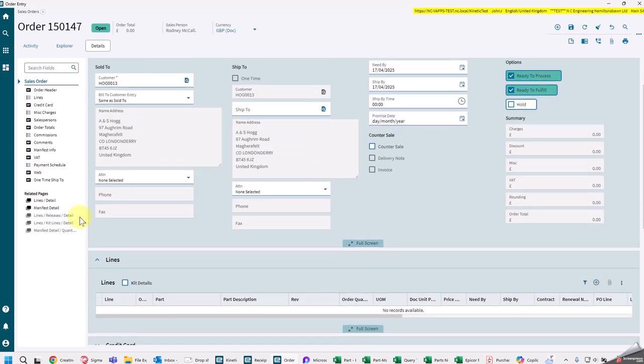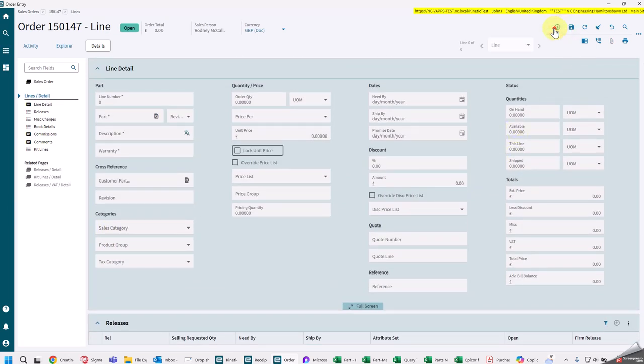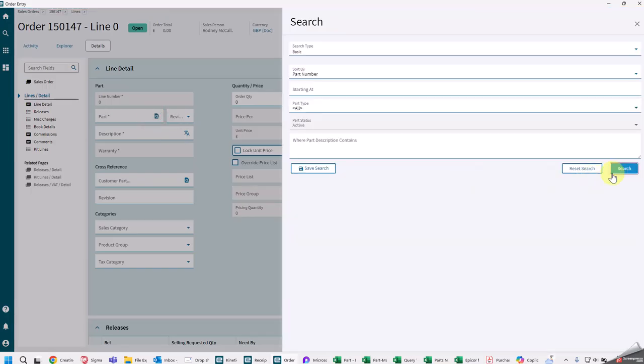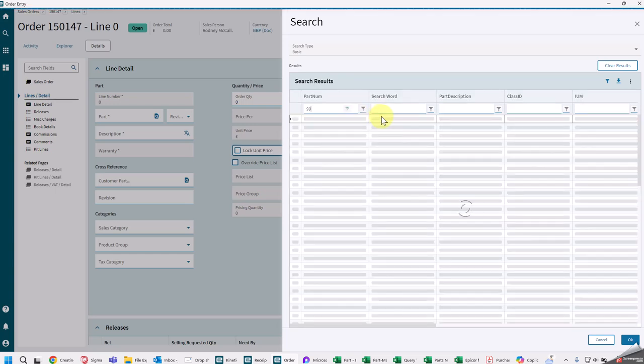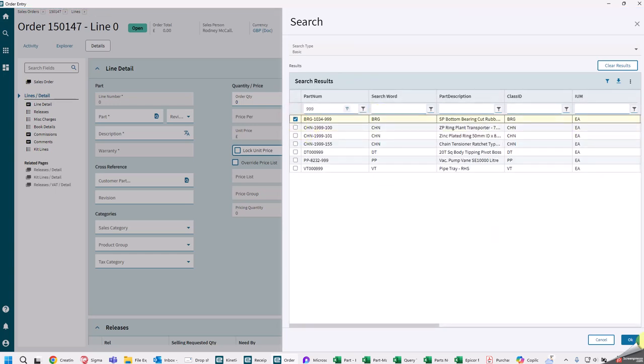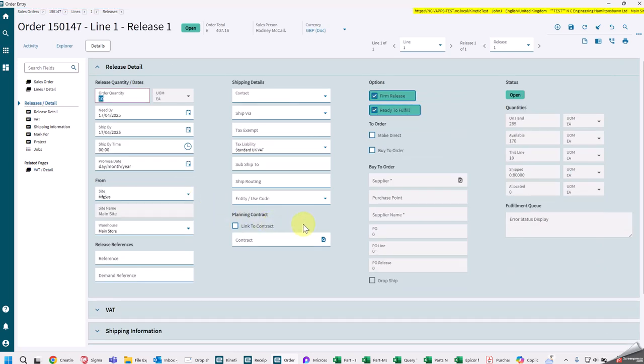This then opens up the line details, so we can go in here and put in whatever line details we want. I'm going to be searching here for my famous test part. The customer says he needs 10 of them, and we're going to hit save. I'm going to put in a 10% discount actually. So under release detail,